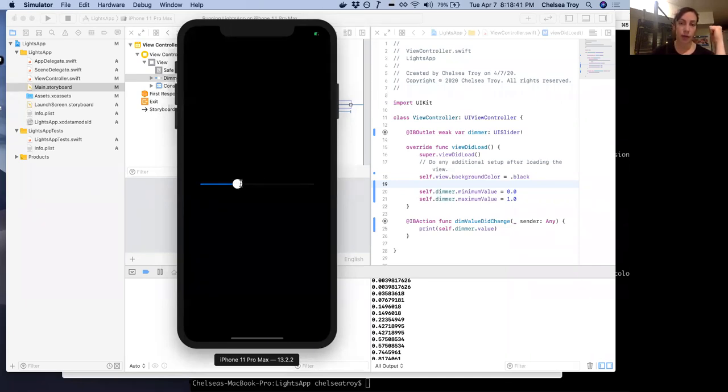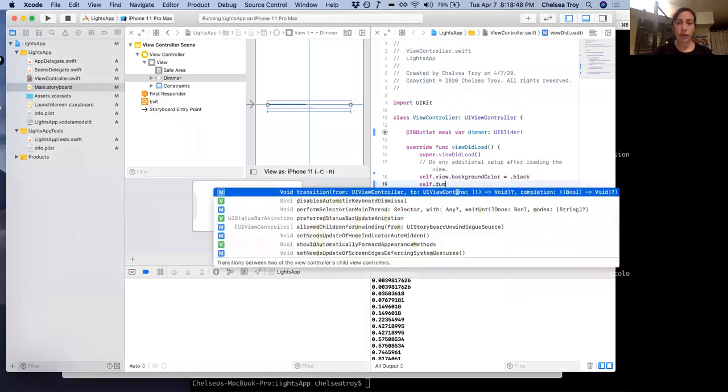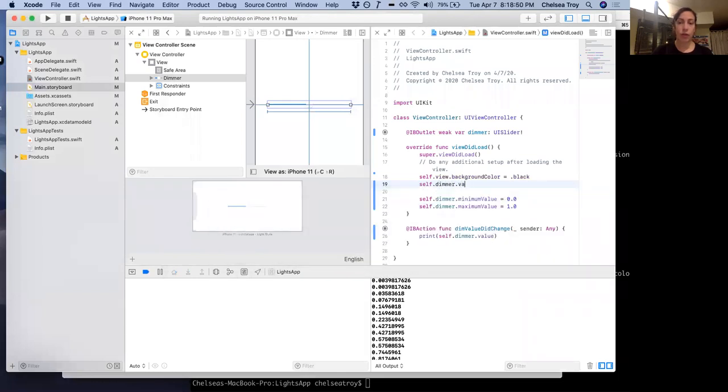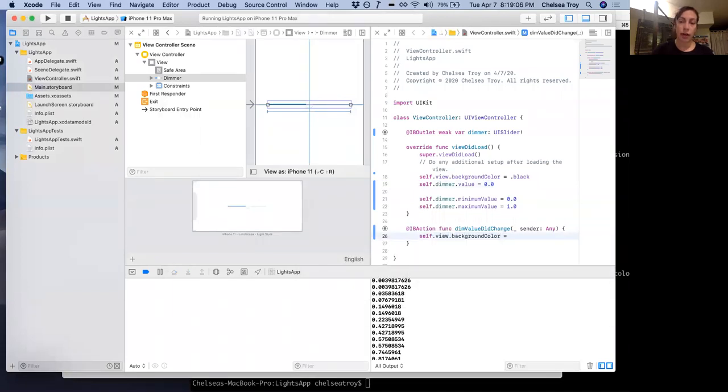Great. So now let's make some changes to our app. First of all, if this thing is going to start black, then the value should start at the full off level, right? And now let's do something with our value. Self, view, background color. So now we're going to do,